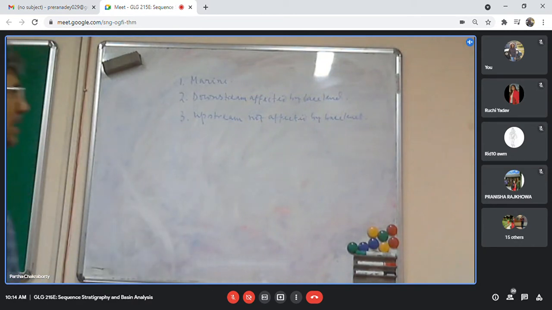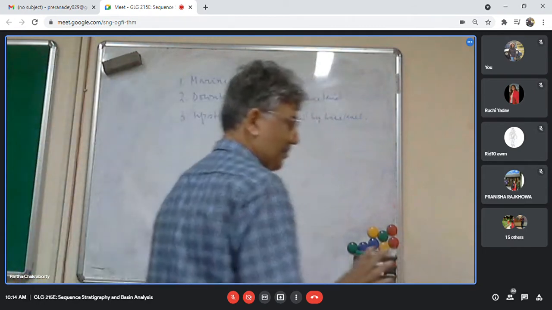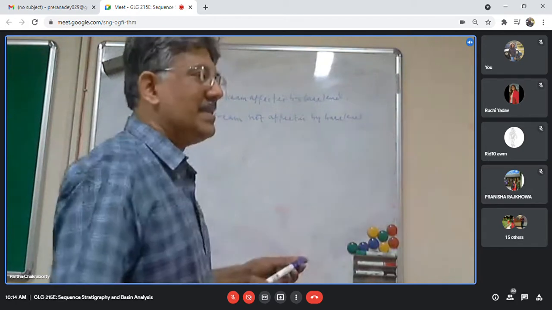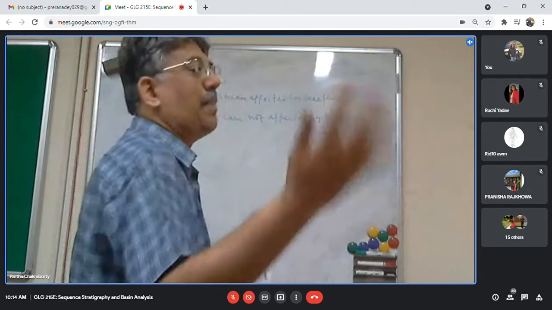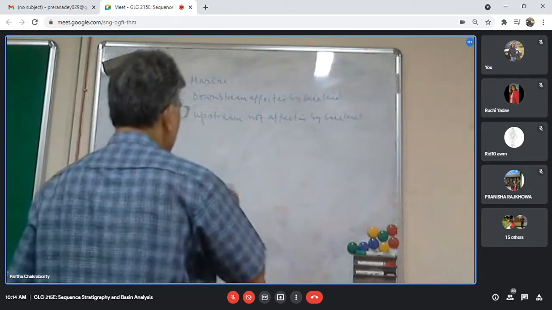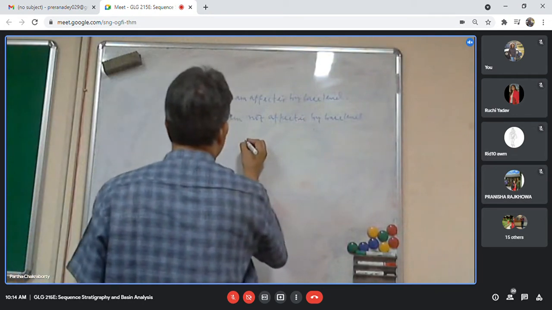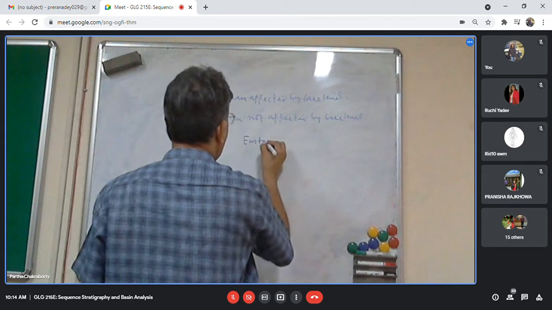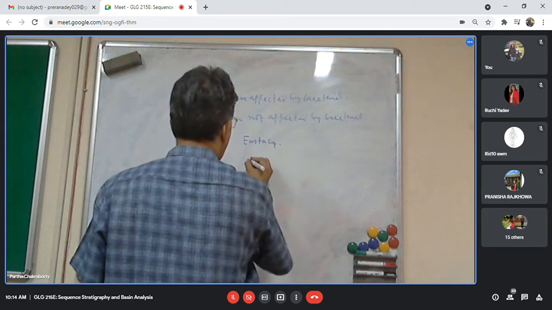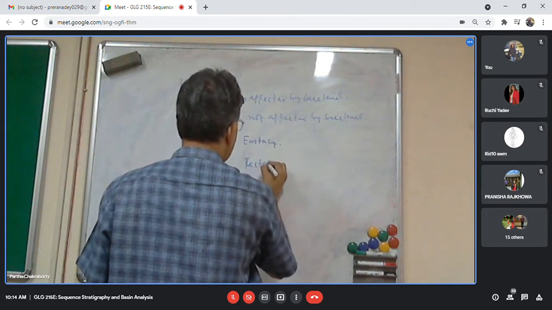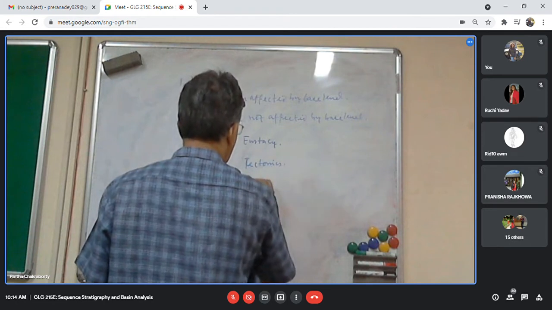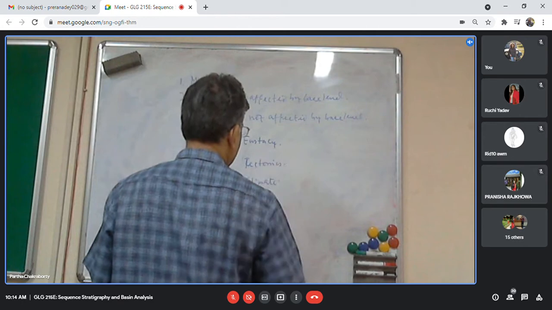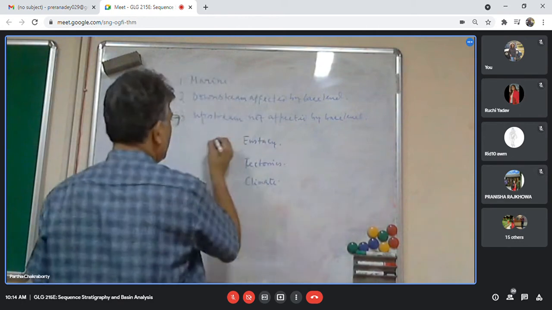Okay? So in very simplistic terms, we see how the different factors will be affecting the different parts. So we get the eustasy, tectonics, right? These are